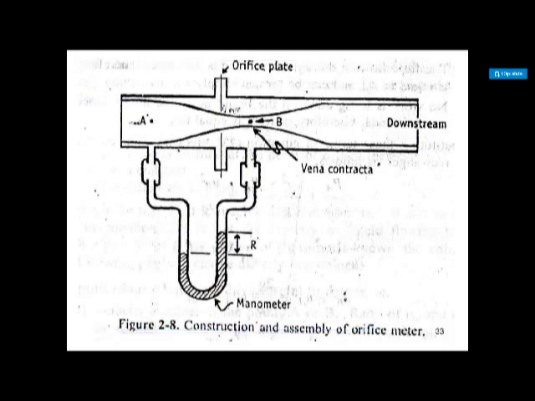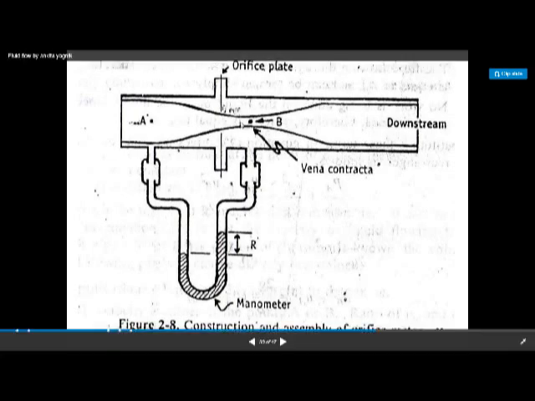The fluid passes through an orifice, giving a stream having minimum cross sectional area. यहाँ पे जो क्रॉस सेक्शनल एरिया मिलेगा, that is the minimum cross sectional area in the region of the orifice, and this region is called the vena contracta. The pressure taps are measured at A and B by this manometer. So वेना कॉन्ट्रैक्टा के यहाँ का प्रेशर मैनोमीटर से मेजर होगा.